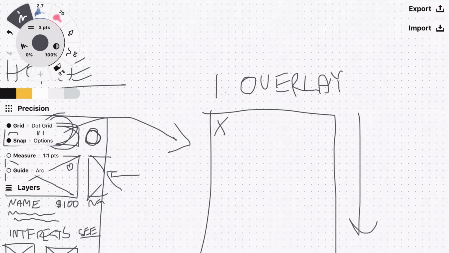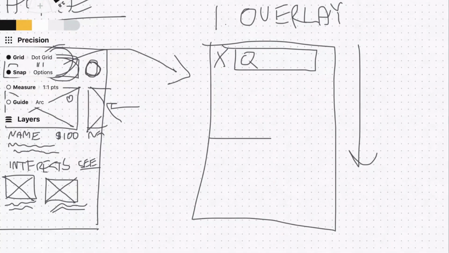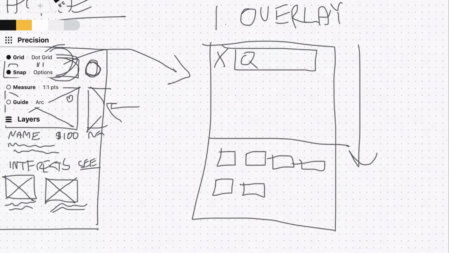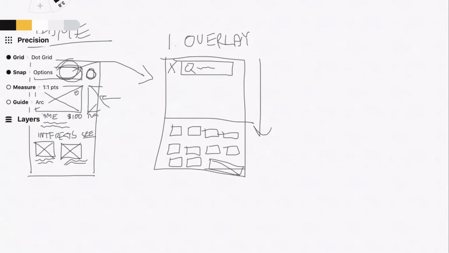There's a little X. With the search, we're on mobile, so we have to remember that there's a keyboard here. It's a lot of rectangles. We also need to remember that these keyboards have some sort of large button that can be used as an enter. So that's an alternate way for them to select something. So if they're typing something in there, we need to start thinking about what happens. So once they start typing,